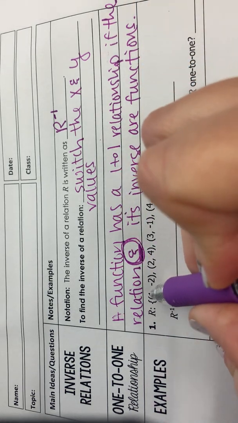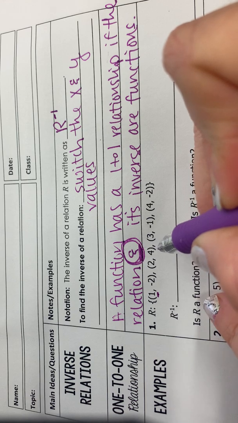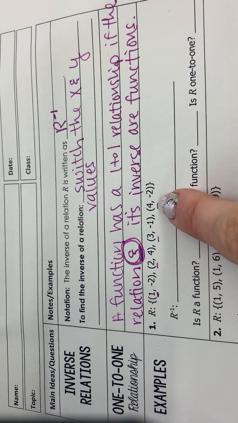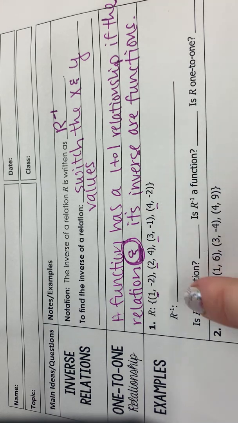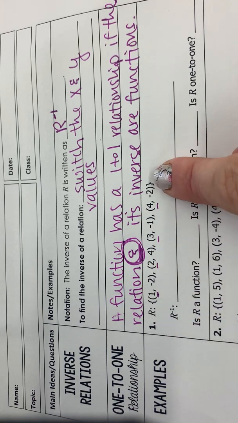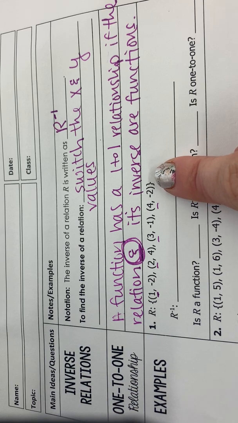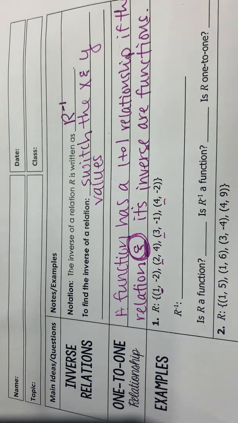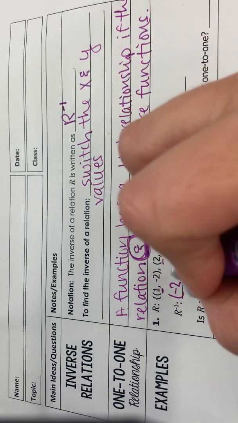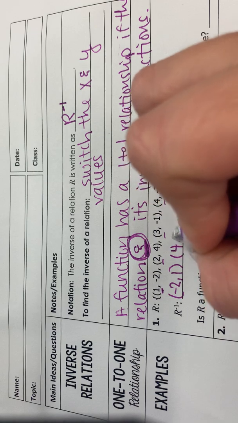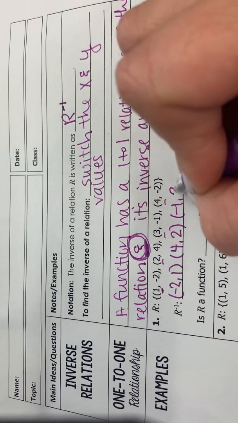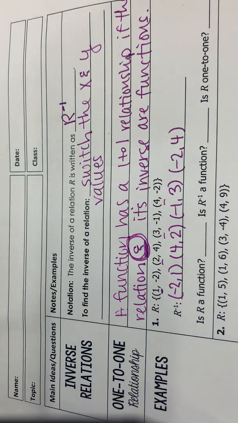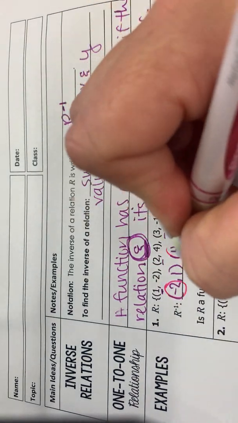So like right here, if I'm looking, your domain is your x's. So 1, 2, 3, 4. So see how all of those numbers are different. So for just a regular one, okay, that is a function. When I do the inverse, you do the old switcheroo. So I would have -2, 1, 4, 2, -1, 3, and -2, 4. So when I go through there and I look at my domain now,